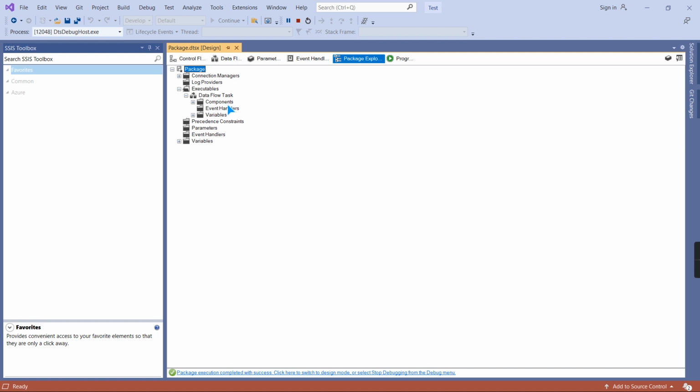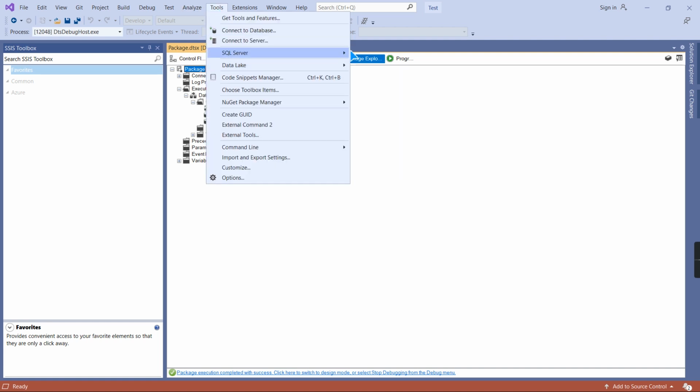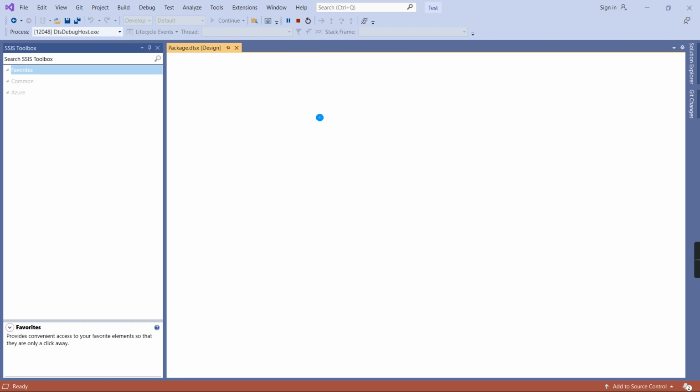You can see here data flow task, components, everything. What we have used will all come under this package. And this particular package has the extension DTSX and it will be loaded into the SQL server. Here you can navigate to our SQL server.